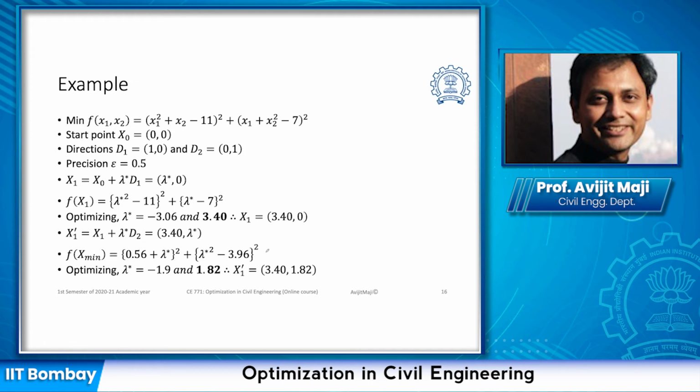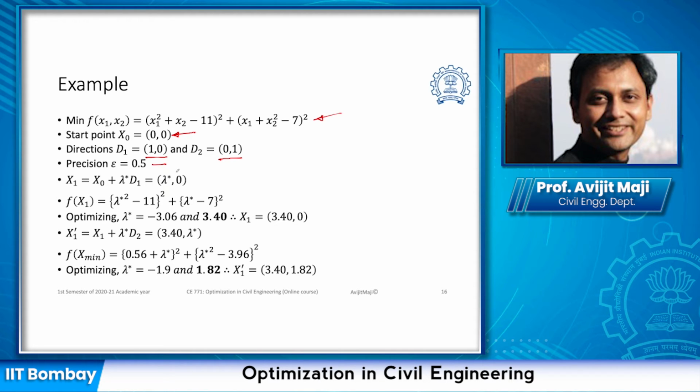So let us look into this example. It is the same objective function we are using, starting point (0, 0), and for easy understanding, we have chosen 2 directions. The first direction is along the first variable. The second direction is along the second variable. We have chosen the precision